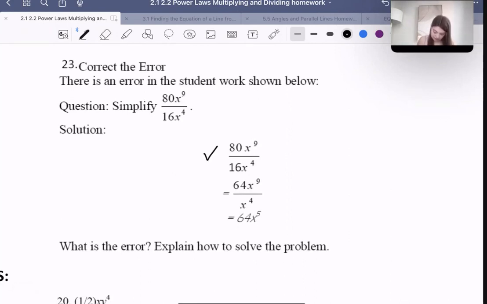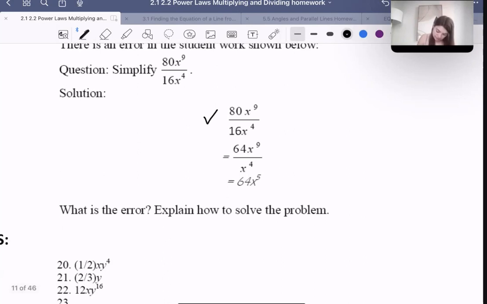Then the student, what did they do here? I guess I gave away the next steps where they messed up because I'm not sure what they've done here. But basically, they said that 80 over 16 was 64, which is not right. How did they get that 80 over 16 was 64? I'm not sure. But let's say that the error is